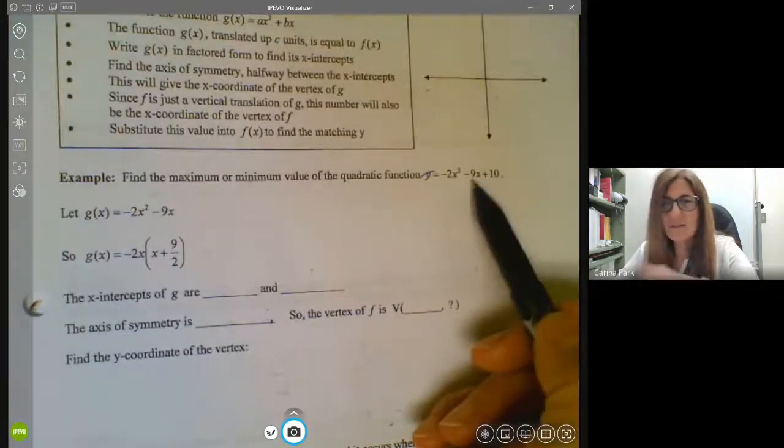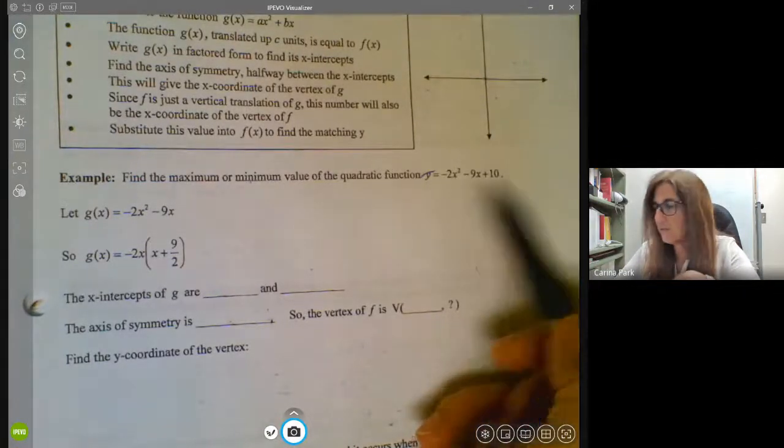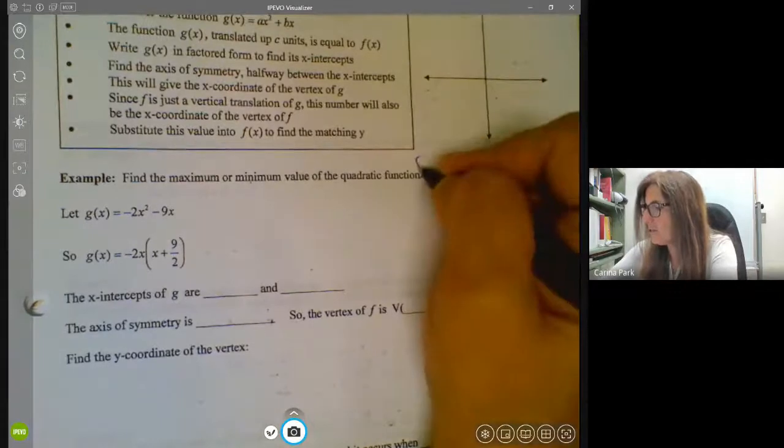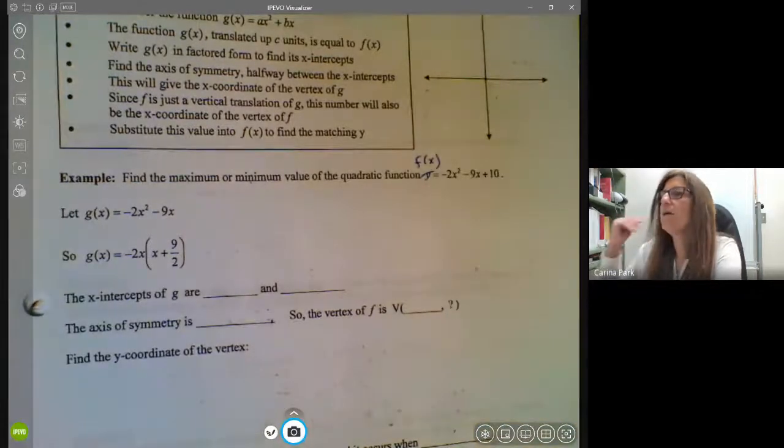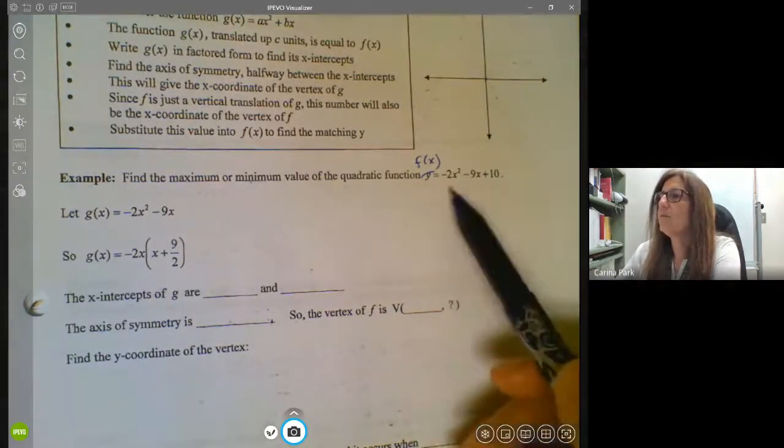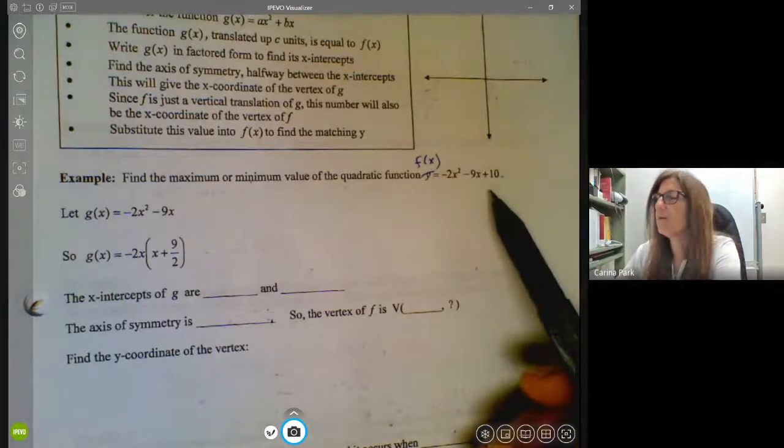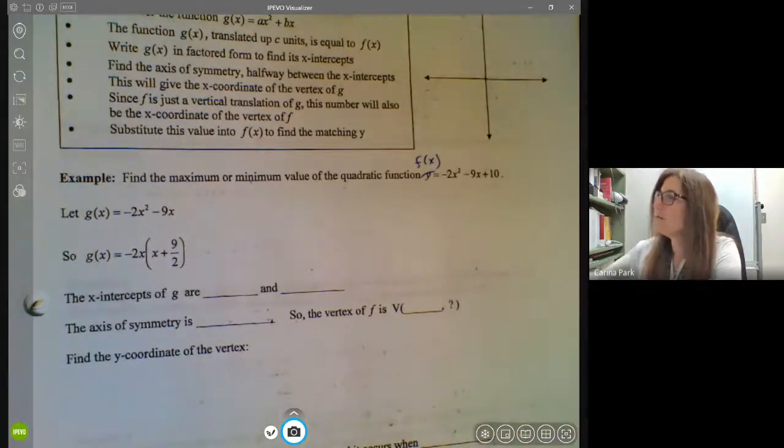It's asking for the same parabola that's on the previous page that we did with complete the square, and I'll just change this to f of x. Okay, so find the maximum or minimum value of this, same question as before. And what we're going to do is we're going to remember from grade 10